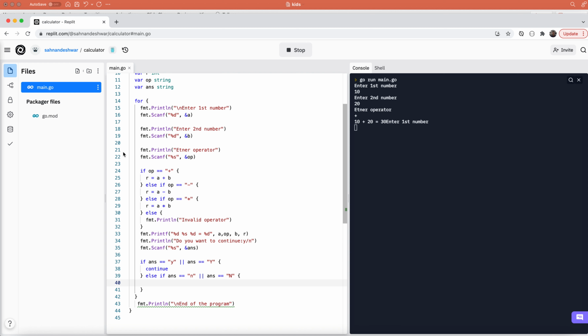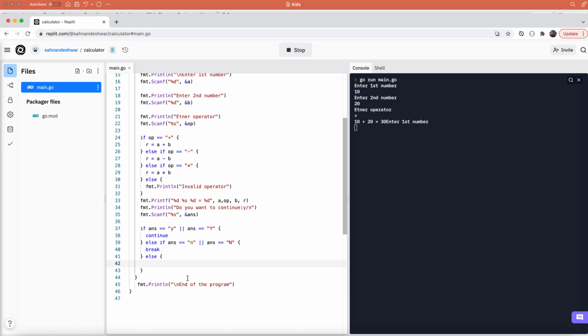So if you want to come out from this for loop, so this is the body of the for loop, if you want to come out of the for loop, then you have to give the break. Else, if someone enters other than y or n, then it will just print one line here,